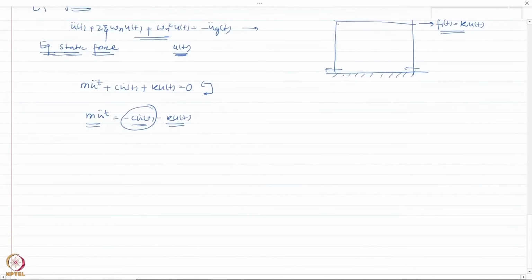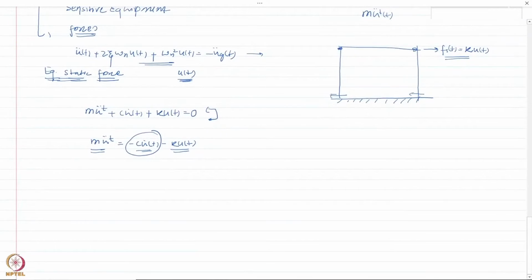If there is some energy dissipation at the joints or any other mechanism, those kinds of forces mostly do not lead to any internal stresses in the member. There are exceptions: if you go into nonlinear analysis, nonlinear systems are treated as equivalent linear systems, and in that case the damping becomes important. However, for equivalent static analysis, we can say that the response u of t, if I apply this force k u of t,